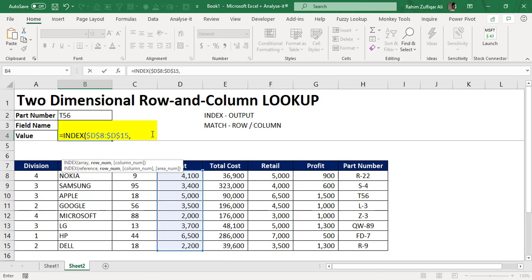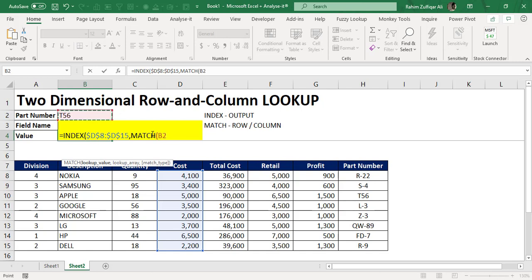Now we also need to match the position of the part number T56's row number, so that we can get the exact amount of cost from that. MATCH and INDEX will help us by doing a lookup from right to left. In the second function argument of INDEX, that is the row number, I will apply MATCH, bracket open. Now we have 3 function arguments of MATCH. The first one is the lookup value.